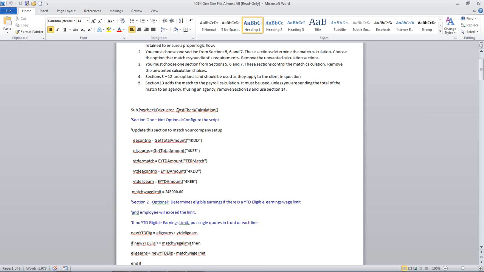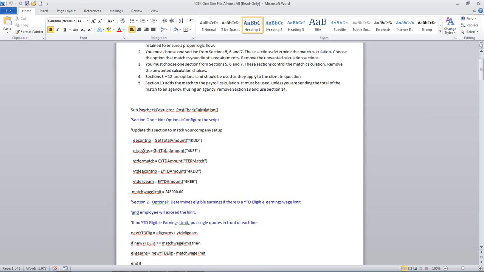So post-check calculation is after the check is completely wrapped up, I want to do the math you're telling me. There are hooks to say, before I do anything, I want to figure out this, that, and that. I want to add earnings based on hours, or I want to do certain things. So there are a number of hooks. But for a 401k match, post-check calculation is always the item. On other things where you're working with earnings, I've seen this used, and it will actually calculate earnings and create nets if not done properly. So 401k match, this is going to be your item.